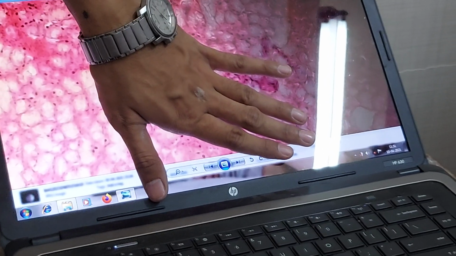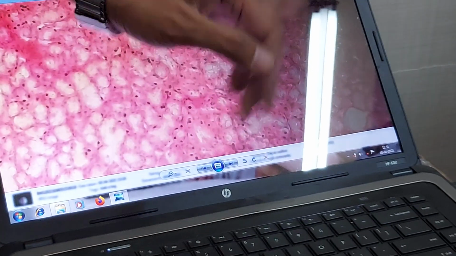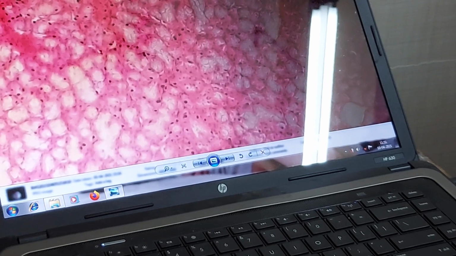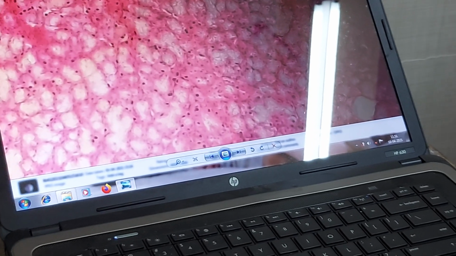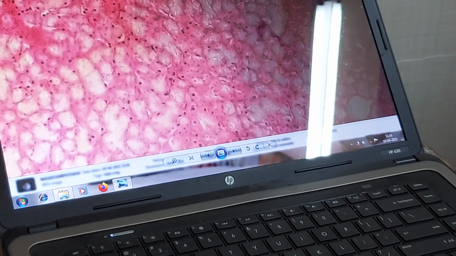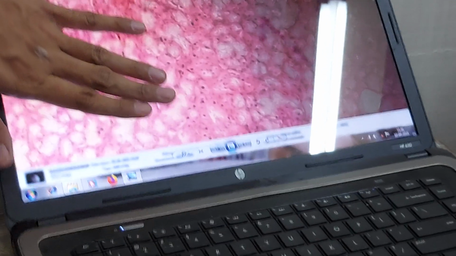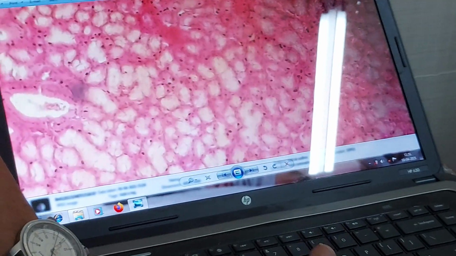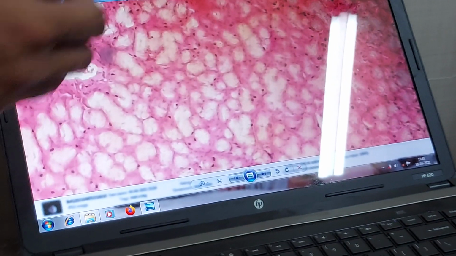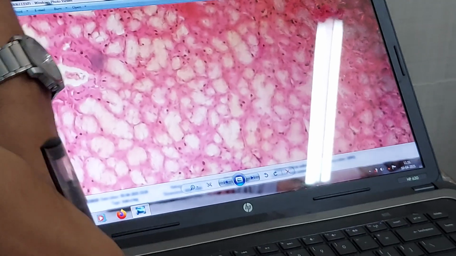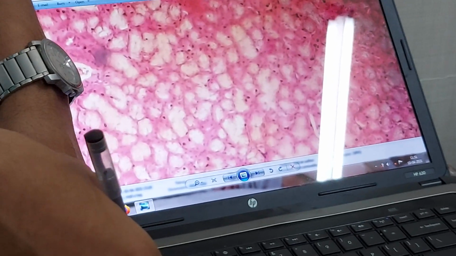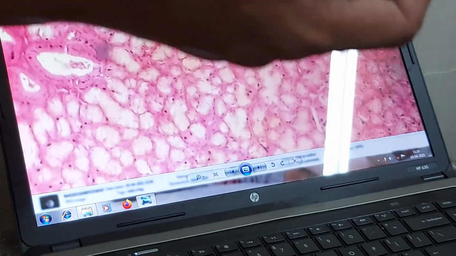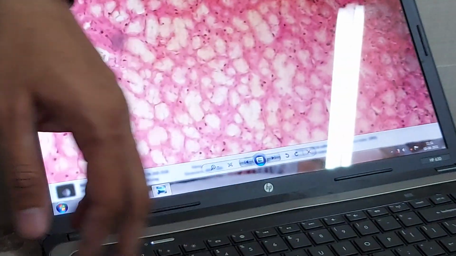So what might be the gland? Submaxillary, submandibular, sublingual gland. Whatever the gland. All these glands contain both serous and mucous acini or glands, along with the ducts for confirmation. We have seen already the duct. During identification, we write that it might be any of these. Yeah, you can write. That's not a problem.